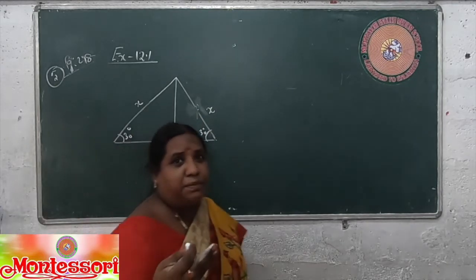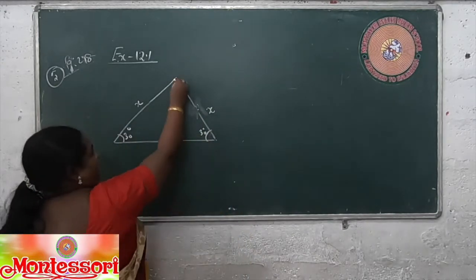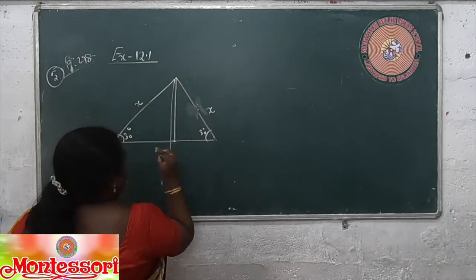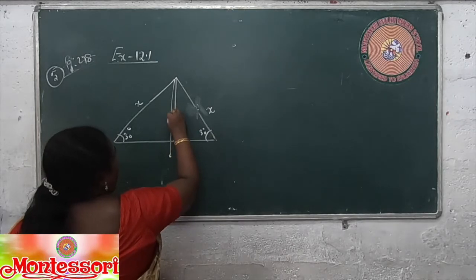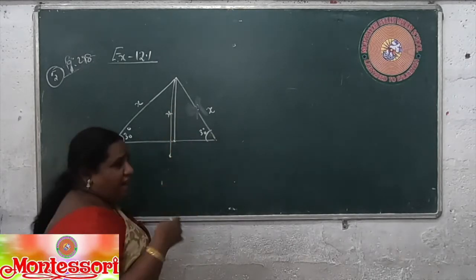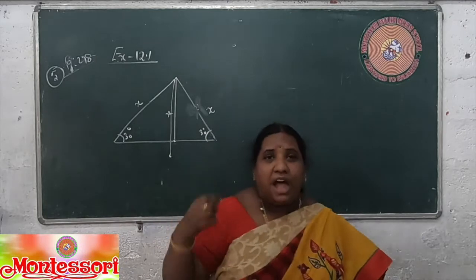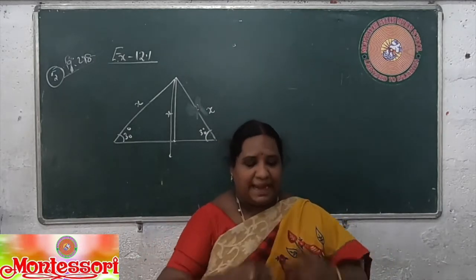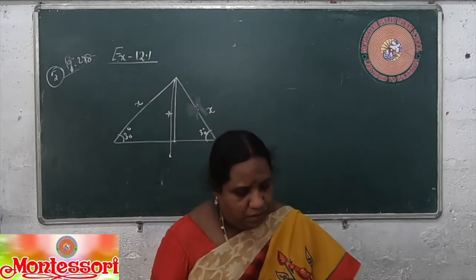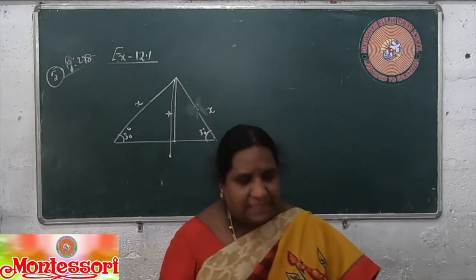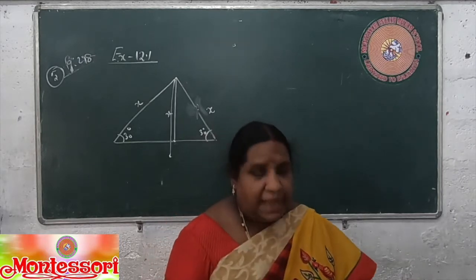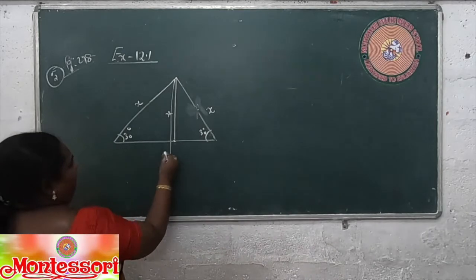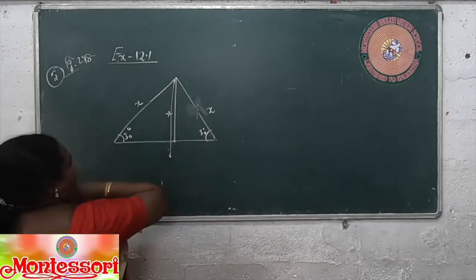Where should the third rope be? It should be like this here, outside. This side if you come, you have to mark like this. This also x. We cannot draw 3D shapes on the board. You have to imagine like a pyramid, triangular pyramid. So now we have to see what should be the total length of the rope, that's all. Each rope is making an angle of 30 degrees. This is 30, this is also 30, and here also 30 degrees we have to imagine.